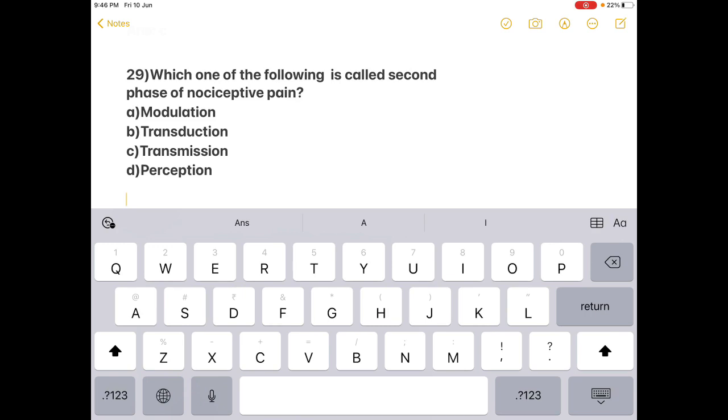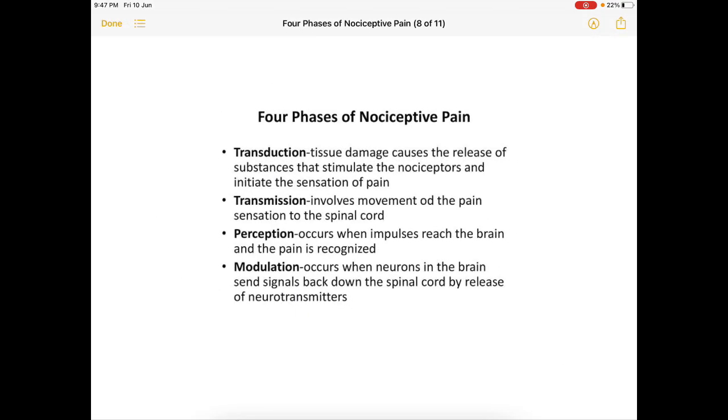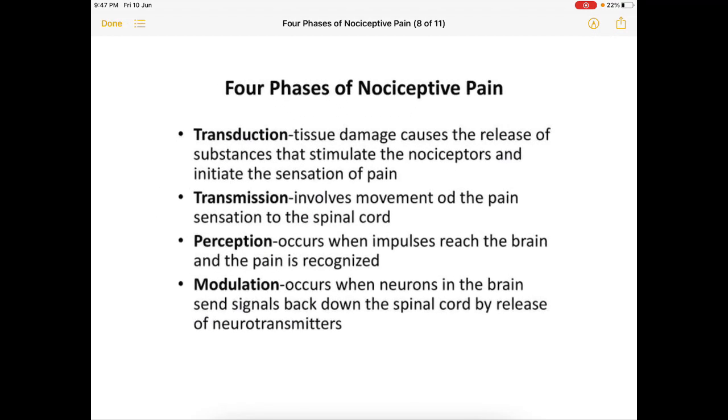We'll be discussing in brief about nociceptive pain. There are 4 phases of nociceptive pain. The first one is transduction. In transduction, tissue damage causes the release of substances that stimulate the nociceptors and initiate the sensation of pain. In transmission, which is the second phase,